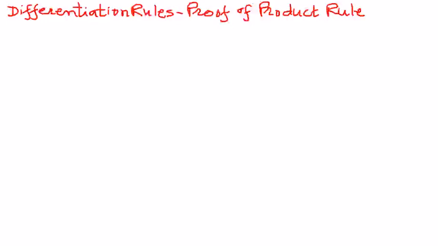Welcome to my presentation. In this presentation, we shall see the proof of the product rule followed by some examples. So let a function y be a product of two functions, f of x times g of x. Let f of x be a function, let g of x be another function. If we want to find the derivative of the product of two functions of this type, we should be able to